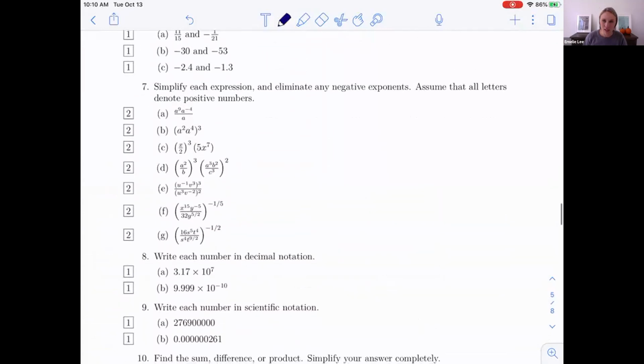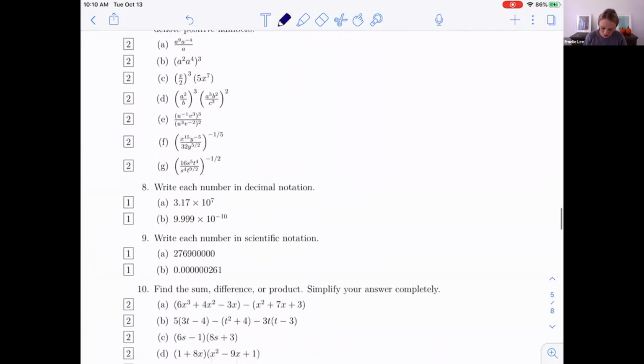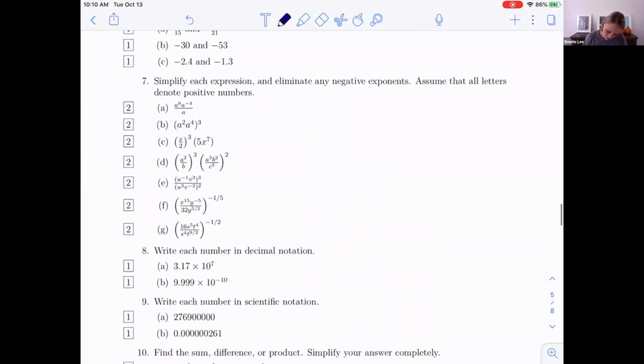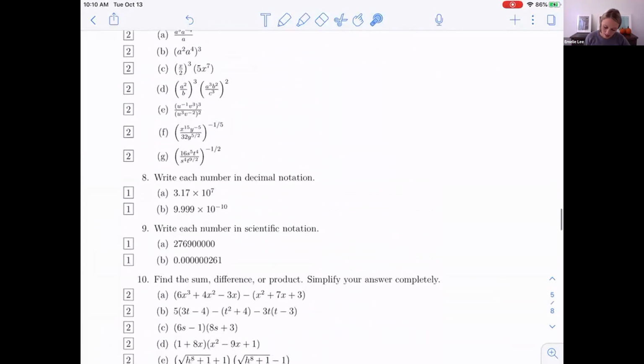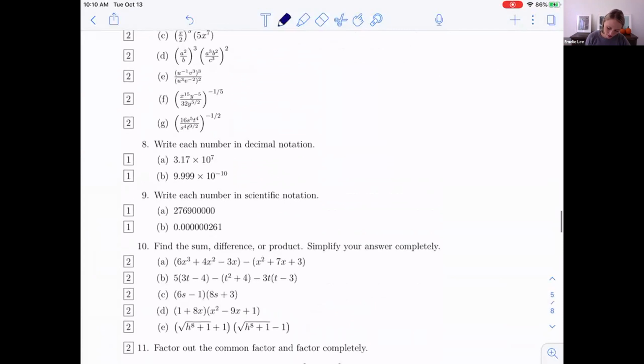So by request, we're doing 7, and I picked G just because it's the last one. It's a little bit trickier, right? F and G are similar because on the outside, we've got these negative exponents. There are lots of ways that we can go about this. We could do the negative exponent right away. The negative exponent just puts everything in the denominator, but then you've got a fraction in the denominator that you need to deal with. I would say probably the easiest way to deal with these is, because this exponent is all on the outside,